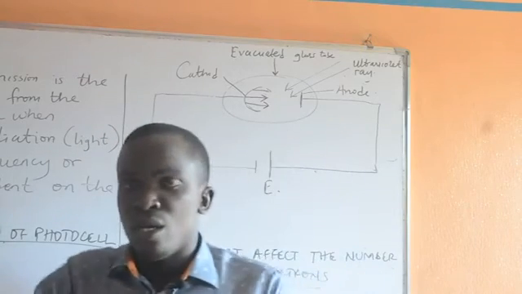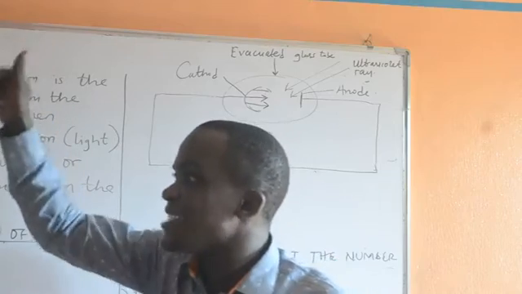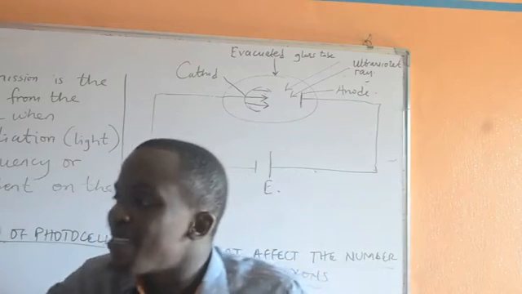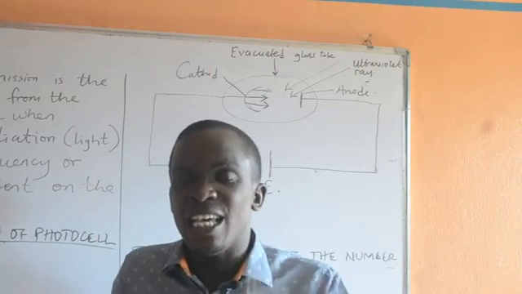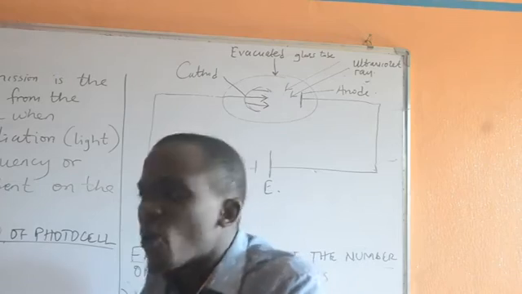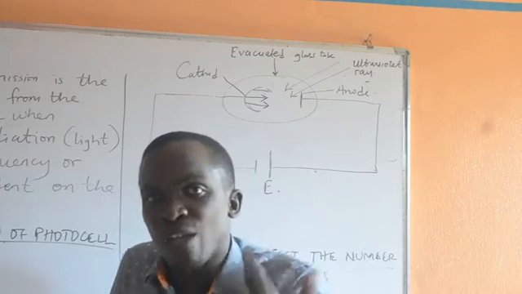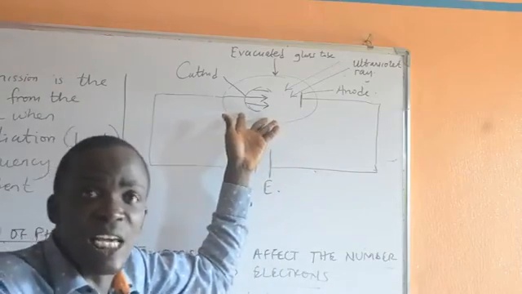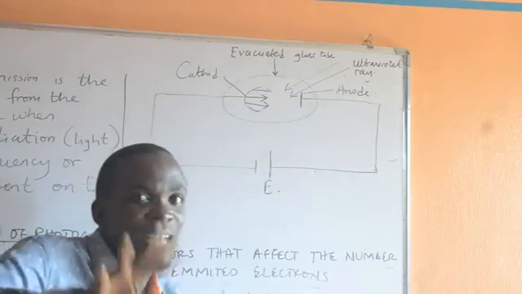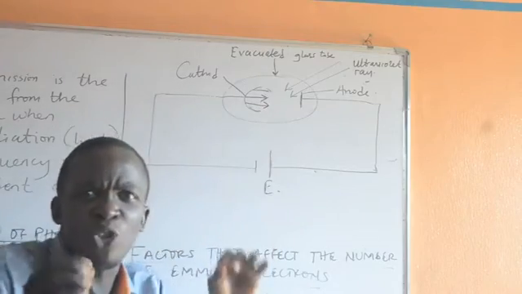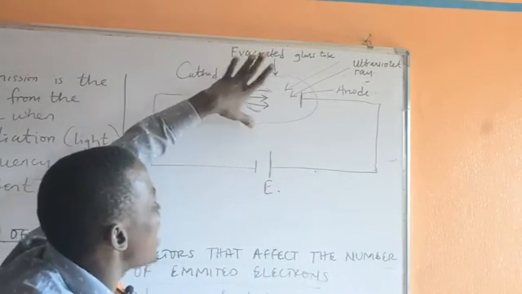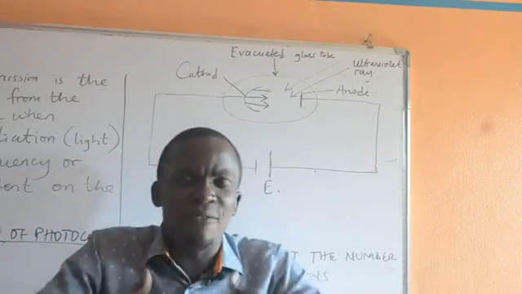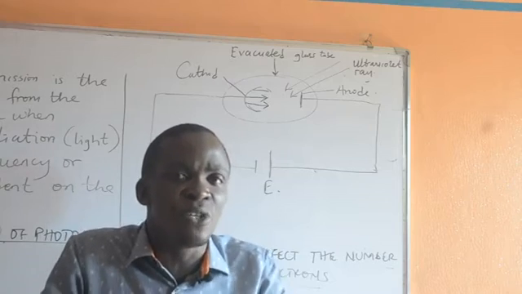Now, take note. Trying to explain that if a light tends to fall on a particular device, it has already told you that the reason why electrons are not flowing from there is because the appropriate frequency has not yet been reached. But that does not mean that it will not have an effect on what we are having here. Definitely, the light that may not have the frequency may fall on this place. But during that process, we are being told that this place, although the frequency is not enough to eject electrons, it will start conserving the energy.